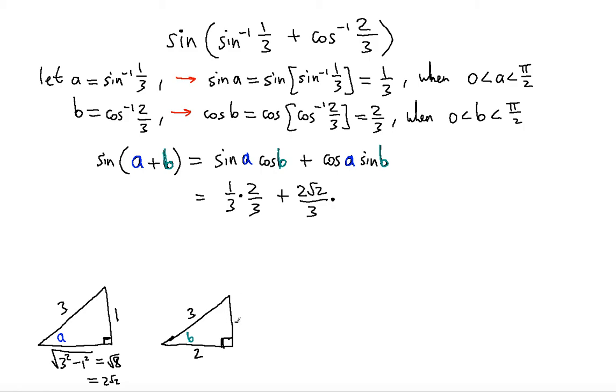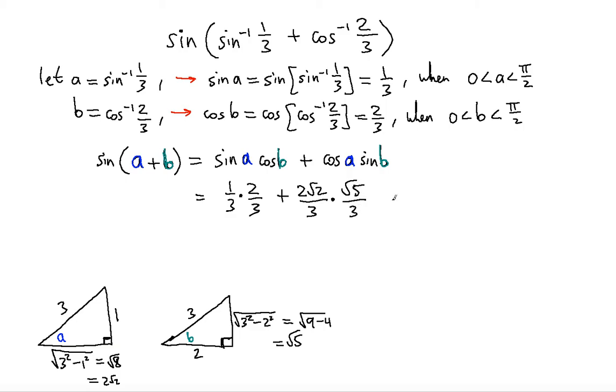That's going to be using the Pythagorean theorem. This is going to be 3 squared, the hypotenuse squared, minus 2 squared, the second known side, and inside a square root, of course. Because the Pythagorean theorem, a squared plus b squared is equal to c squared, to find any side you will eventually have to take the square root. So that is equal to 9 minus 4, which is equal to radical 5. So the sine of B is going to be this opposite side divided by the hypotenuse, so radical 5